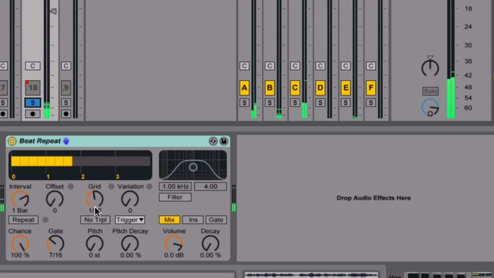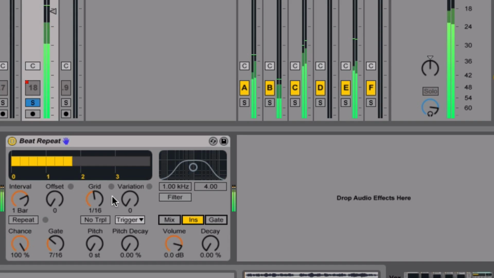So it's adding all those repeated little things. And so the way I would like to use this is instead of having it mix, and basically where you're hearing both the signal that's going through the Beat Repeat and the repeated stutters, I usually put it on insert. And then that way the original drive vocal or whatever signal is going through it will stop, and all you hear are the stutters. So for instance,